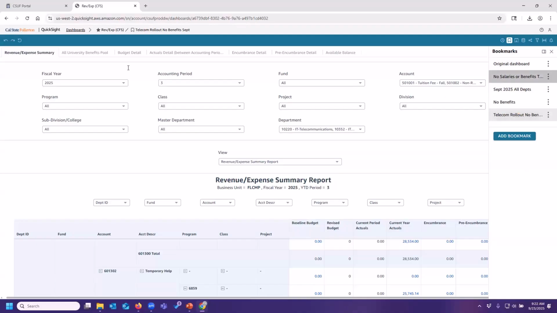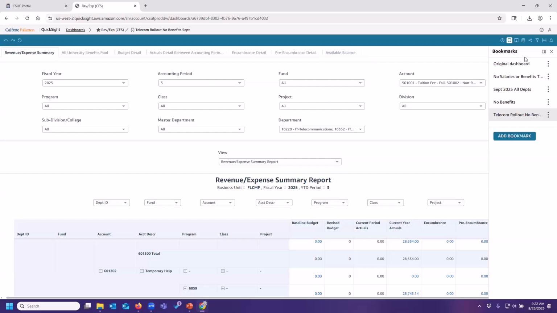Keep in mind these bookmarks apply to all of the reports. They're not per report the way that they were in OBIEE. So these settings will get applied to each of the different reports as I go to them, which I may want. In this case, they're fairly generic settings. I've just specified a department and account, and so I might want to see that on all of the different reports.